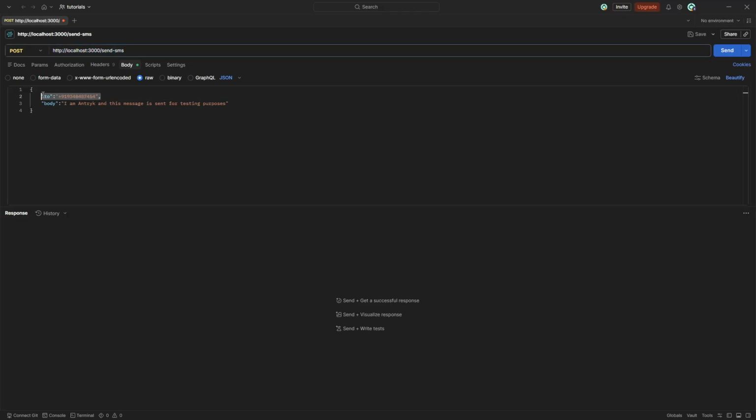To is a proper mobile number, dedicated to India, obviously, and this is the body. Although Entrik SMS service provides support for 160 plus countries, for this example we are taking an Indian number. Then a body of the message. Let's try sending it.